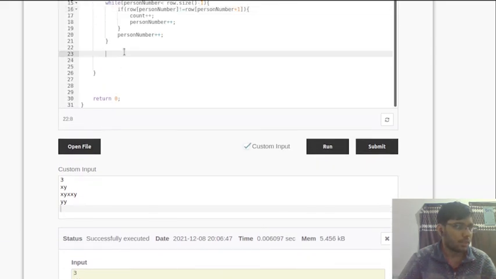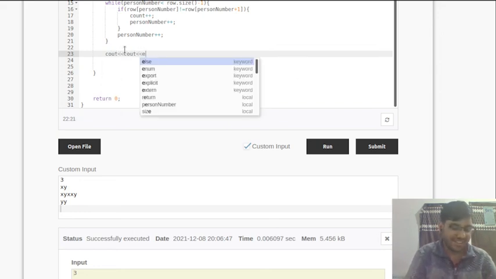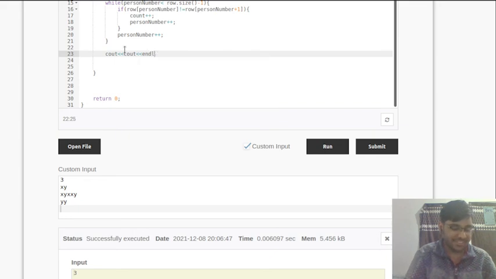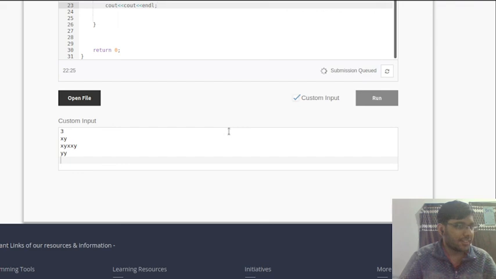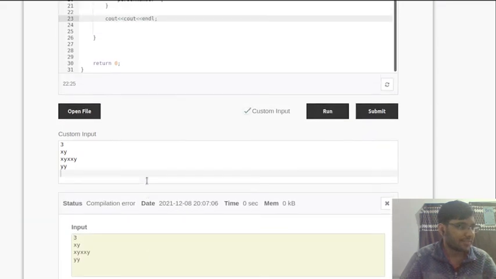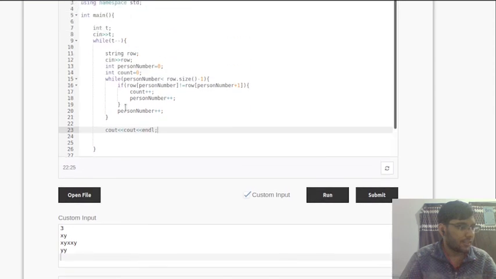Oh, I forgot. We also have to give an output. I forgot to give an output. When I run this code now, we see, oh wait a second, count. These typing mistakes